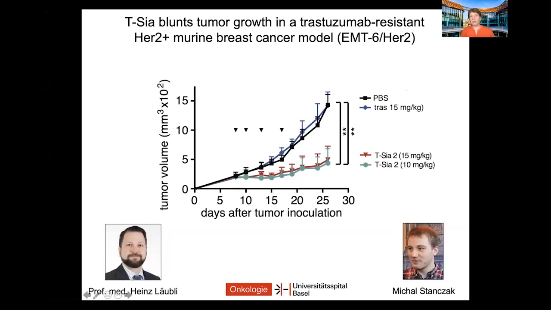And you can see it in this graph. This is the volume of tumors as they grow as a function of time. And mice that are treated with the antibody alone, which is the blue curve, those tumors grow as if the mice had just been treated with a vehicle, which is phosphate buffered saline. But when we treated those mice with two different doses of the antibody fused to a sialidase, now you can see the tumors have a much harder time growing. And what Melissa showed is that's because immune cells are active in the tumor environment, keeping those tumors at bay.